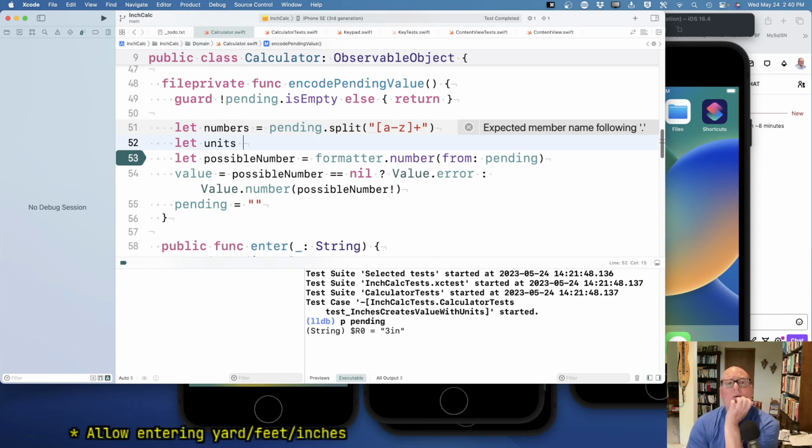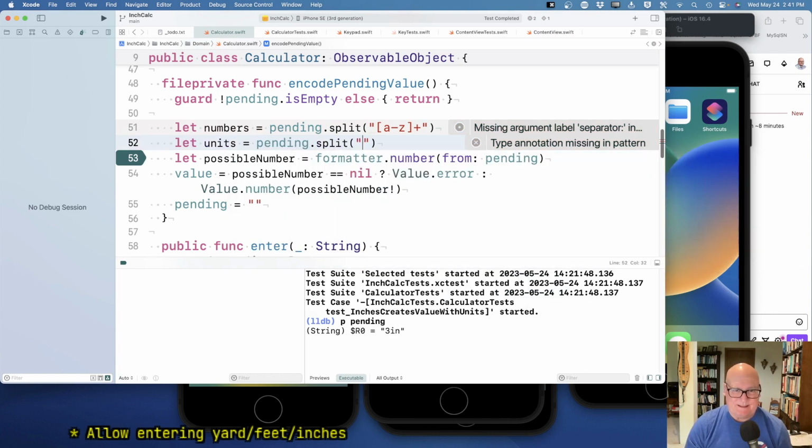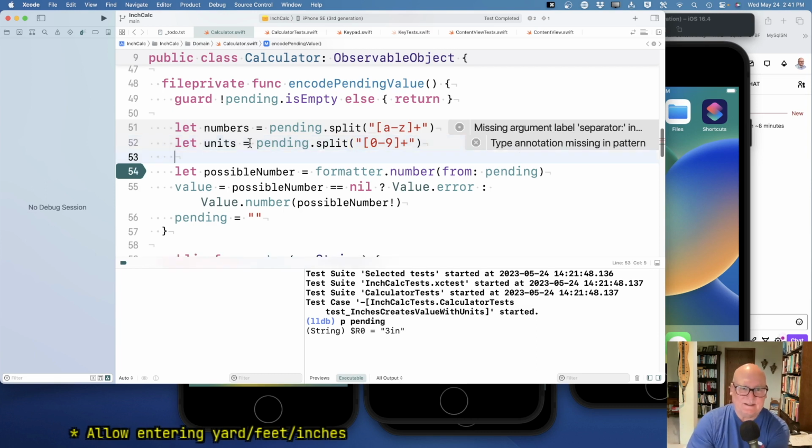No, it's not going to quite work, is it? I'm avoiding the hard work here, and it's not working. I was going to say pending dot split 0 to 9. Okay, so I've got the two things. If they were consistent,